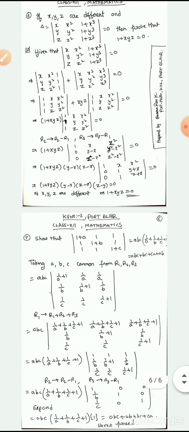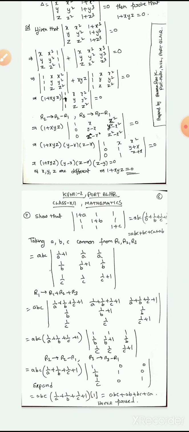Hope you understand this one. Try to do all the problems related to properties of determinants. They are very useful. So you may get a 4-marker question from these properties or a 2-marker question also. Chances are they are using properties. This is a very important exercise also. So by this video, hope all of you understand how to prove the given determinant without expanding using the properties. Thank you very much.